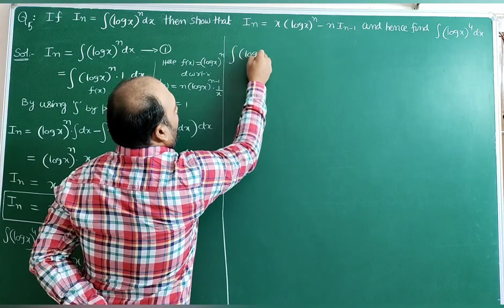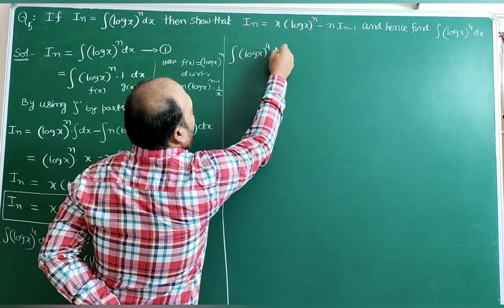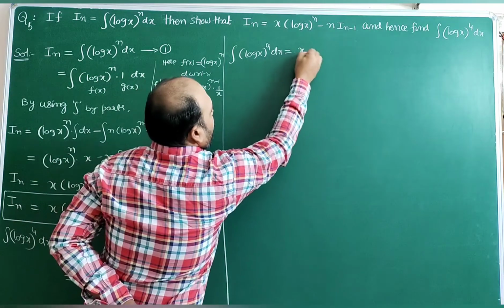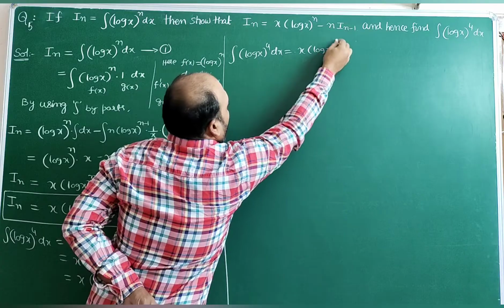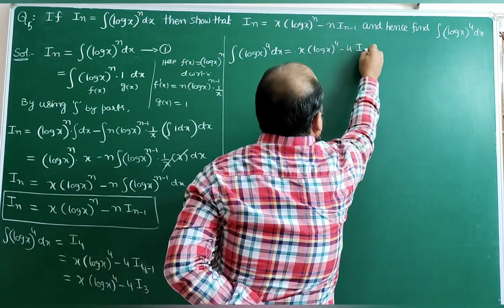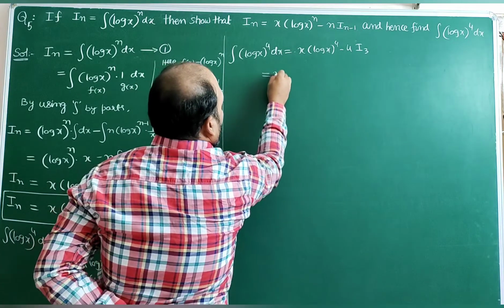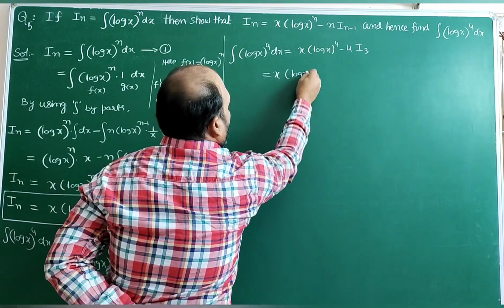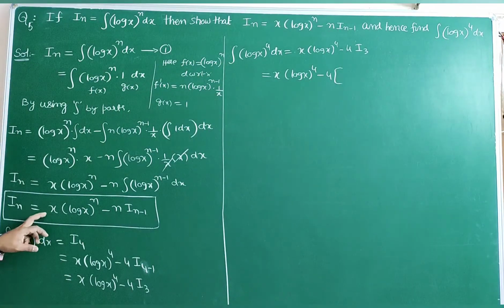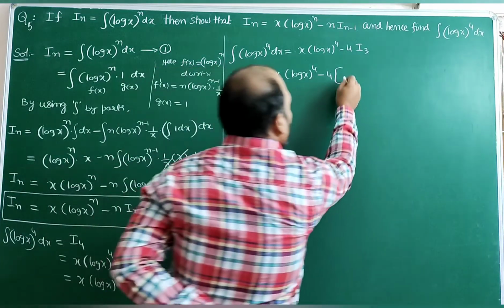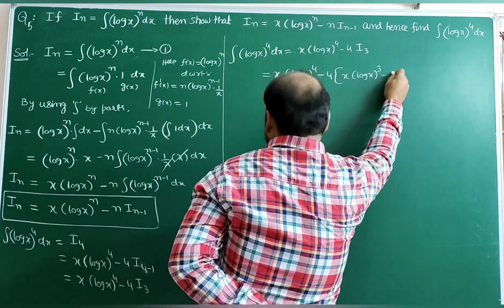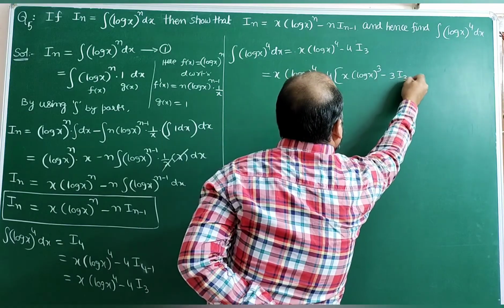Integral of (log x) whole power 4 dx is equal to x into (log x) whole power 4 minus 4 into I3, that is equal to x into (log x) whole power 4 minus 4 into, keep bracket, again I3, n is equal to 3, substitute in this. So x into (log x) whole power 3 minus 3 into I3 minus 1,